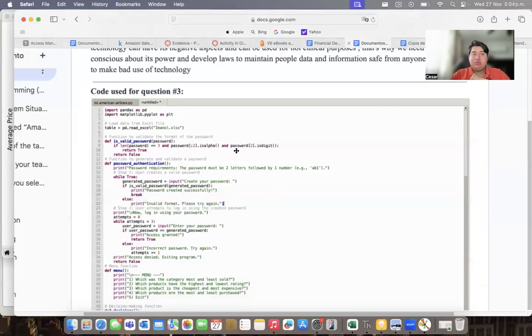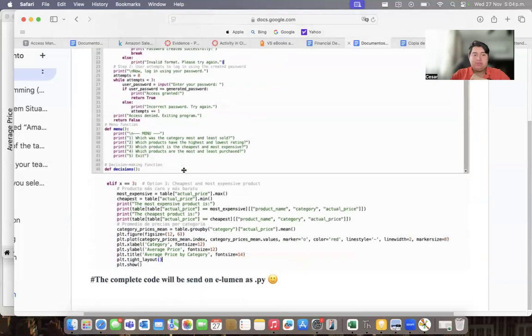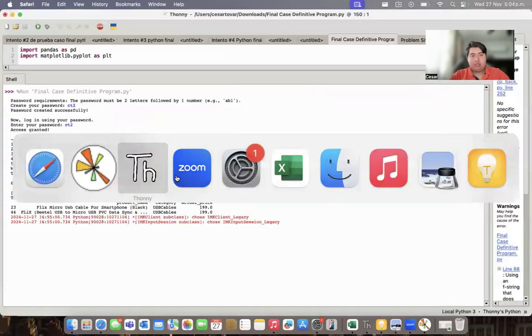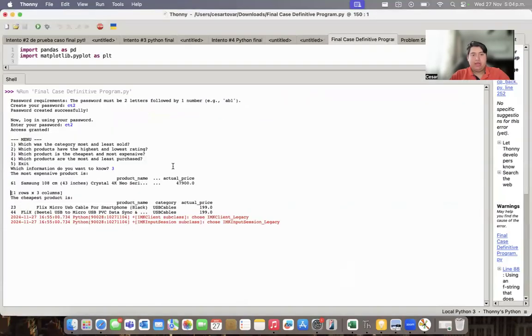And this is the code that I use for question number 3. It's all this code, like the one I showed here in Python,